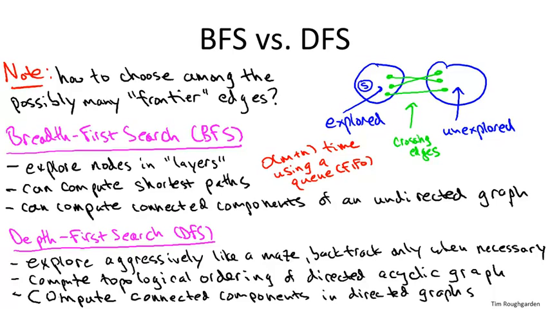Time-wise, both of these are superb strategies for exploring a graph. They're both linear time with very good constants. So depth-first search again, we're going to get O of m plus n time in a graph with m edges and n vertices. You do want to use a different data structure reflecting the different search strategy. Here, because you're exploring aggressively, as soon as you get to a node, you immediately start exploring its neighbors. You want a last in, first out data structure, also known as a stack. Depth-first search also admits a very elegant recursive formulation, and in that formulation you don't even need to maintain a stack data structure explicitly. The stack is implicitly taken care of in the recursion.